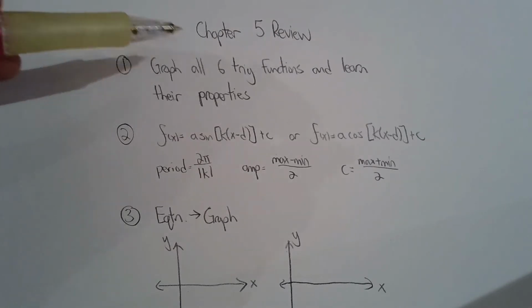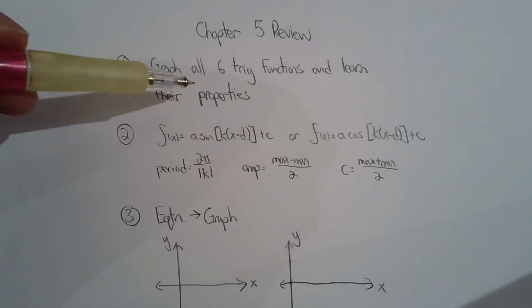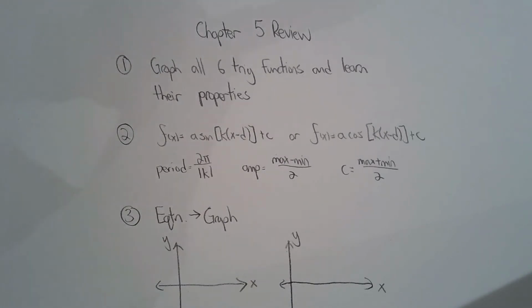Now, like I said, you can't, for example, talk about amplitude for cosecant x. Or you can't talk about x-intercepts for secant x, because secant x doesn't have any x-intercepts. And if you're having trouble remembering the properties, always think back to sine x and cos x. If someone asks me for the properties of cotan x, immediately I express cotan x as cos x over sine x. So with my knowledge of cos and sine, I can answer